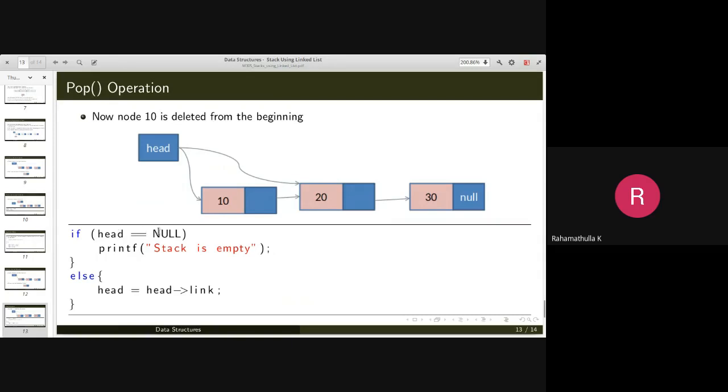If head is equal to null, you can say that stack is empty. Otherwise, you make head point to head pointer link. So head was pointing here, head pointer link is this. So head is equal to head pointer link. Now your linked list is head, then node 20 and node 30. So that is your pop operation.